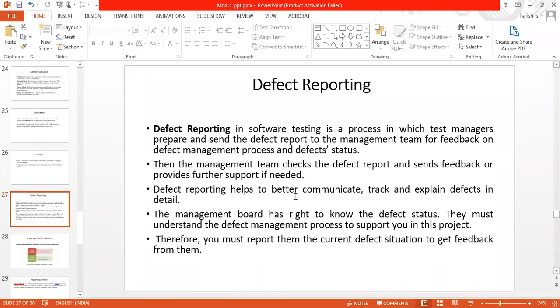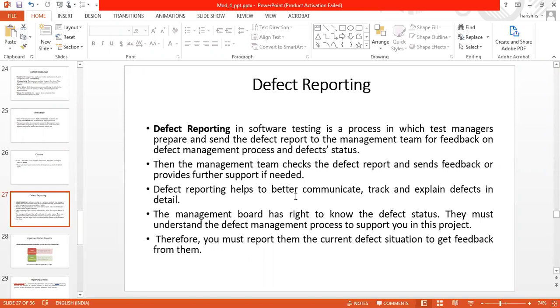So defect reporting is a software testing process where we prepare and send a report to the management team of the feedback on the complete process.